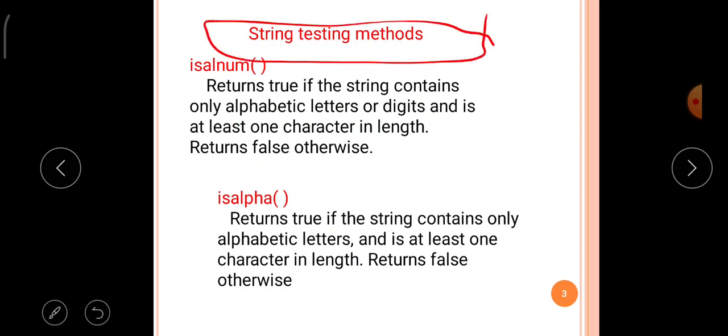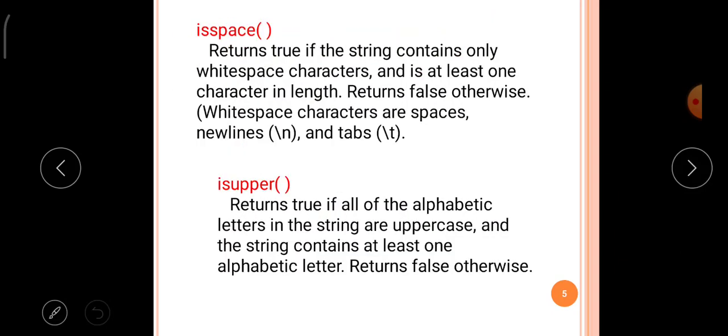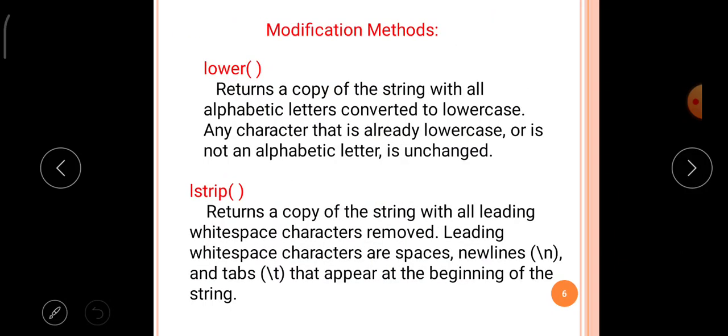In the string testing methods, the functions test the given string, and according to the behavior of the string, they return either true or false. These string testing methods are used to test the strings only.